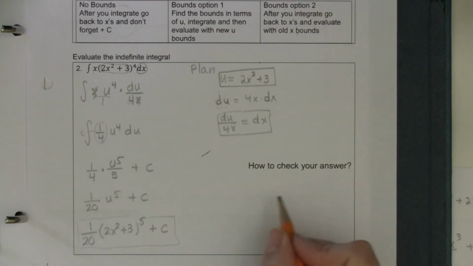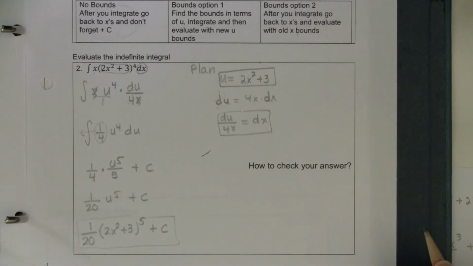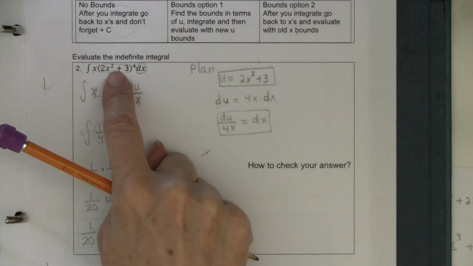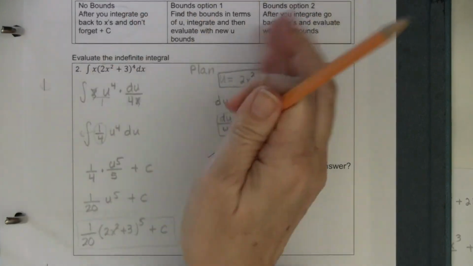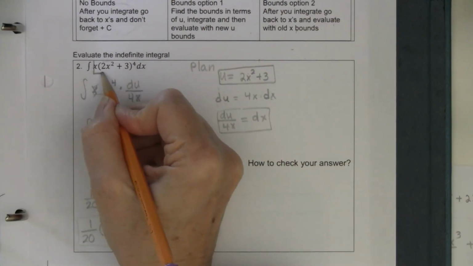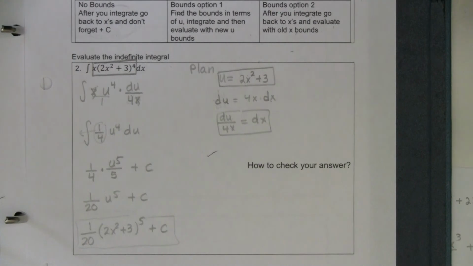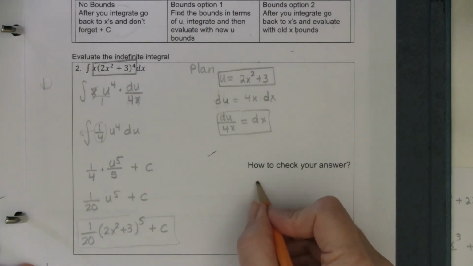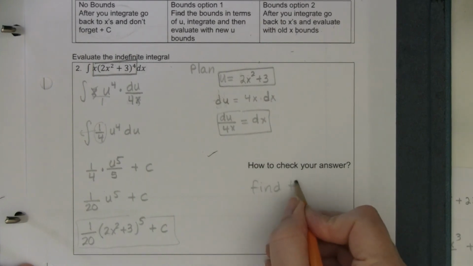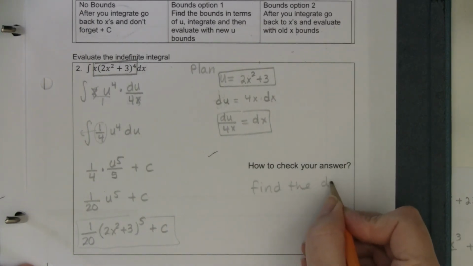before. And then I asked the question, hey, how do you check your answer? Well, you can find the derivative of this and verify that it's what we started with, right? And so you can certainly check your answer by finding the derivative and making sure that that's what the derivative is equal to. We've already done that, so I'm not gonna do that. But I'll put that here. Find the derivative